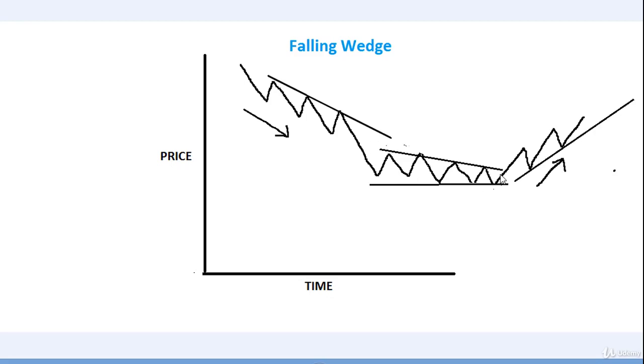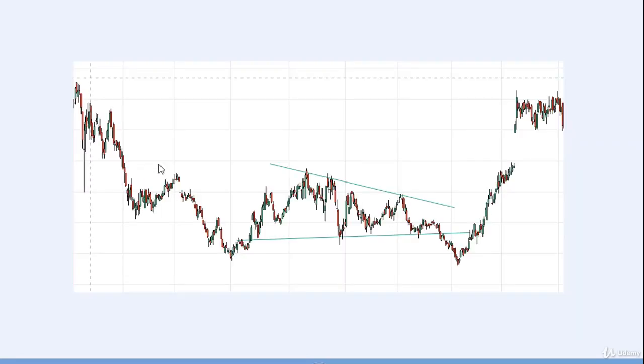Always wait for the confirmation by the indicators and divergence before initiating any position of this pattern, because at the breakout of this pattern we must get a positive divergence on RSI. In this chart, prices are in downtrend and they are making a falling wedge pattern. Here we are getting a falling wedge pattern with a breakout in downward direction. So we will not make any buy position here.